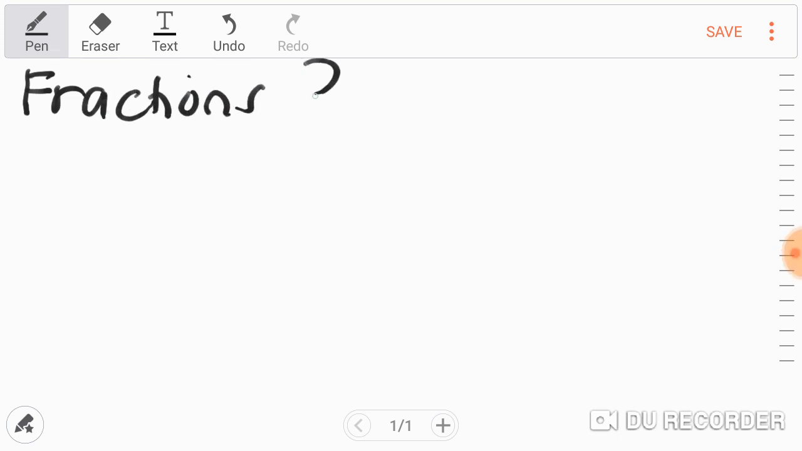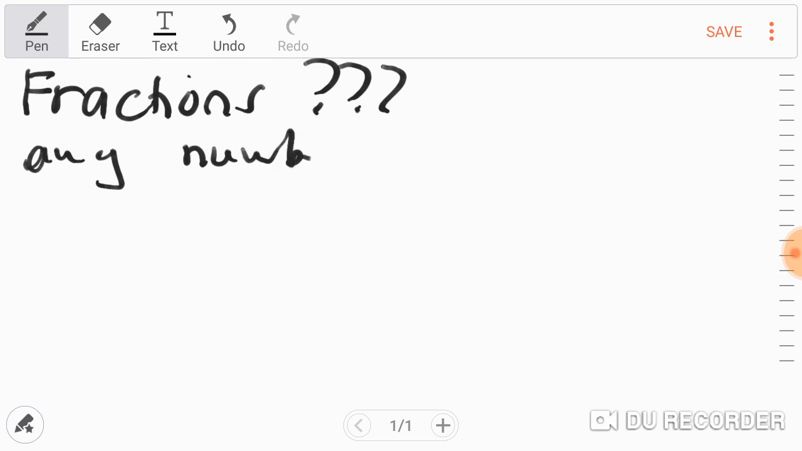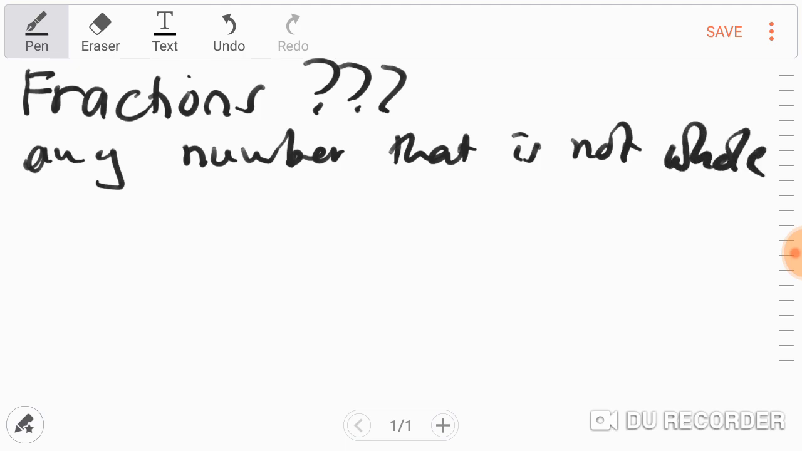So what is a fraction? A fraction is any number that is not whole, right? So for example, we have a circle. We consider a circle a whole number 1,